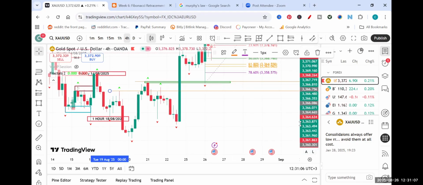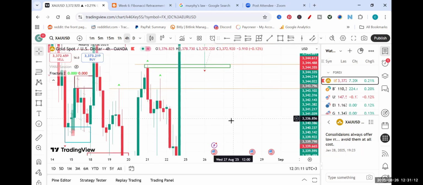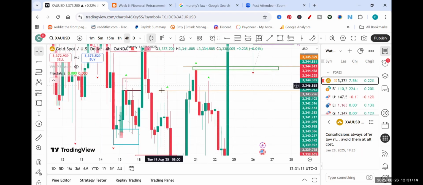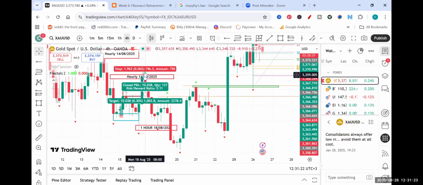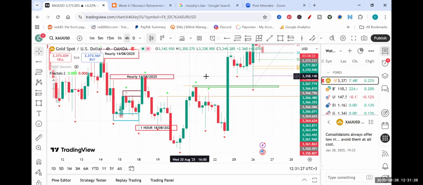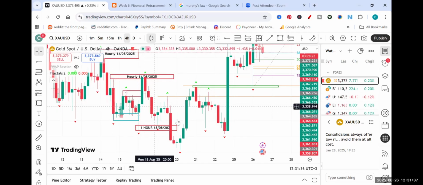Sorry, I'm confusing myself, there are many labels. Let me just extend it. Okay, you see right here we have broken this structure down here, but in the grand scheme of things, this is the lower high that needed to be broken. This one here above, you see it came and was broken there. So this is called internal structure, and that one external structure. So there is this main structure of lower highs, lower lows, and then there is the internal one, because you see